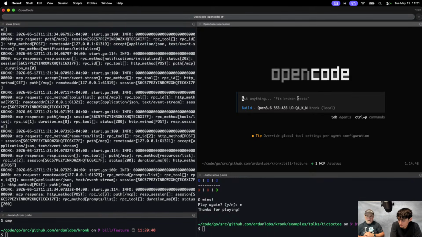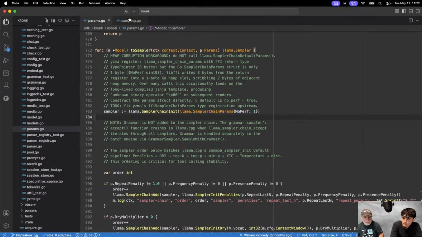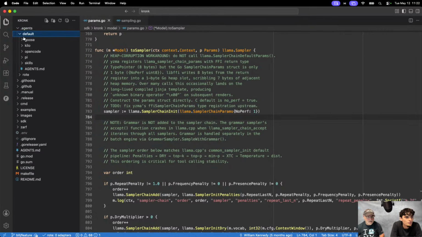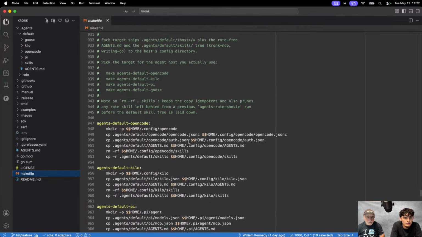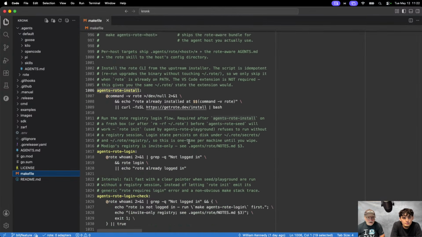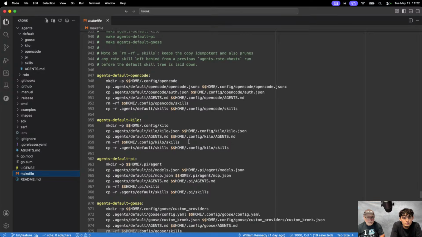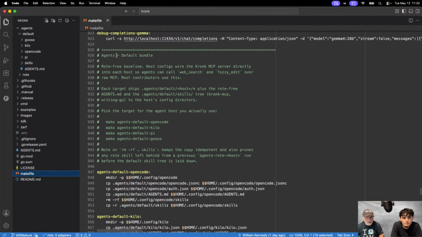Now, everybody and their mom right now is talking high about Pi, which is another agent. If you go into the cronk project structure here, you're going to see under agents, I've given you already support for these particular agents. I got rid of Klein because I'm just not using it. And then there is a whole set of makefile commands.